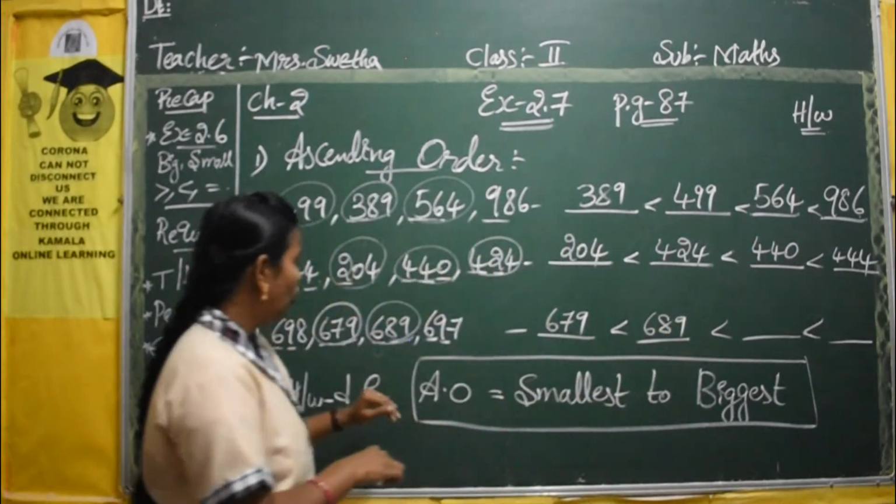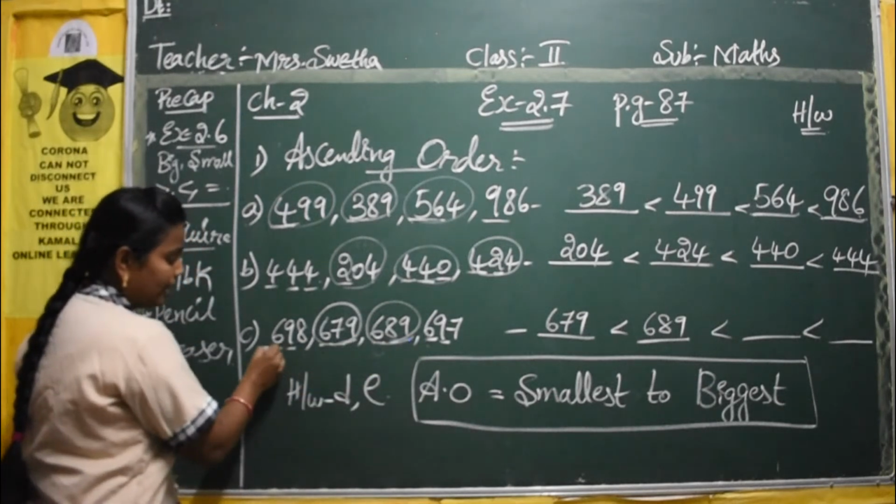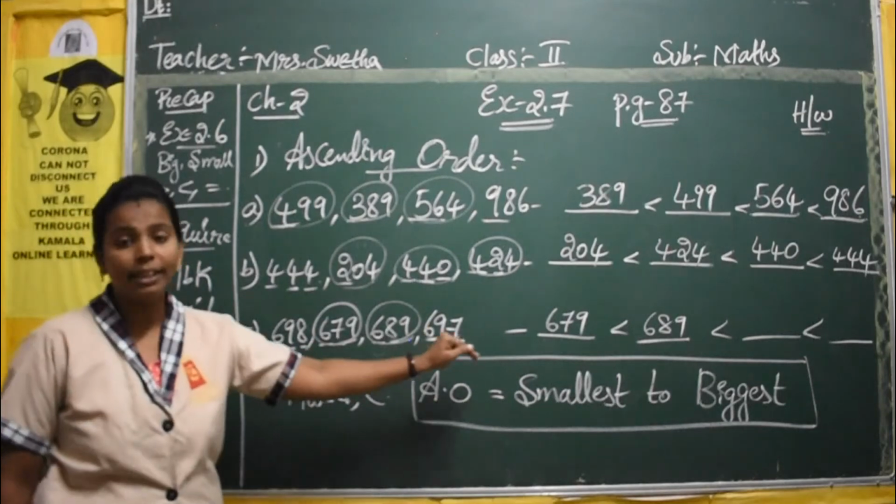Okay. Now see the other 2 set of numbers. 6, 6, 9, 9. Then the third digit you have to check. 8 and 7. Which one will become